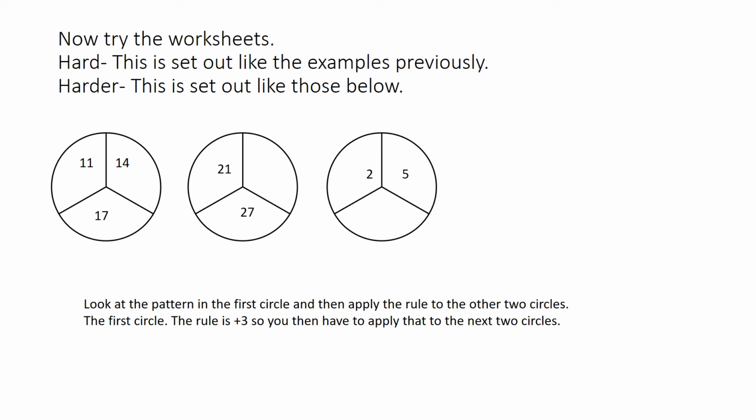So in the first circle, I can see that they're going up by 3. 11 add 3 is 14, and then 14 add 3 is 17. So I know that that's the rule I need to apply to those circles. So 21, I add on 3, so the answer would be 24, and then I know 24 add 3 is 27, so 24 must be the correct answer. Then the final circle, 2 add 3 is 5, and then 5 add 3 is